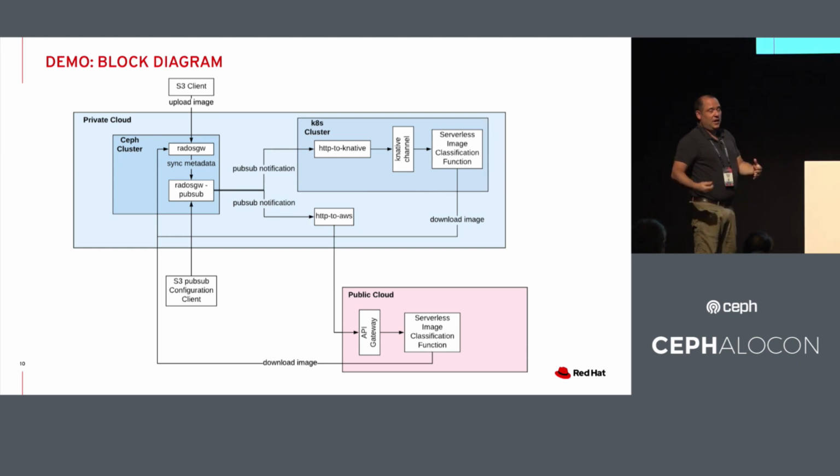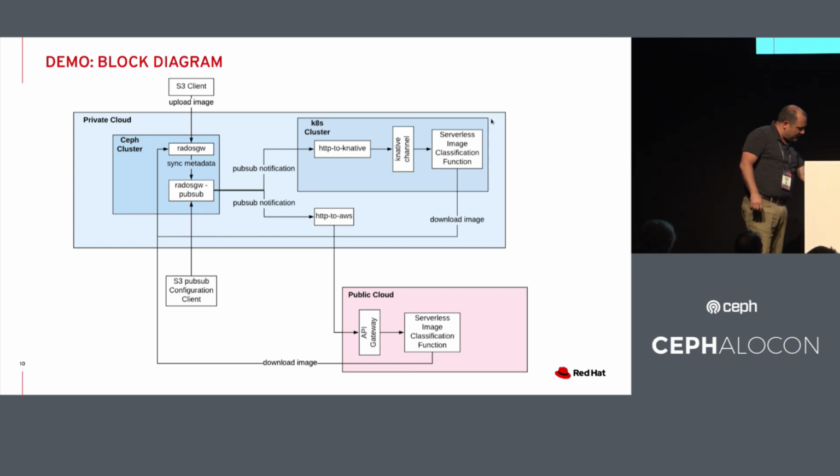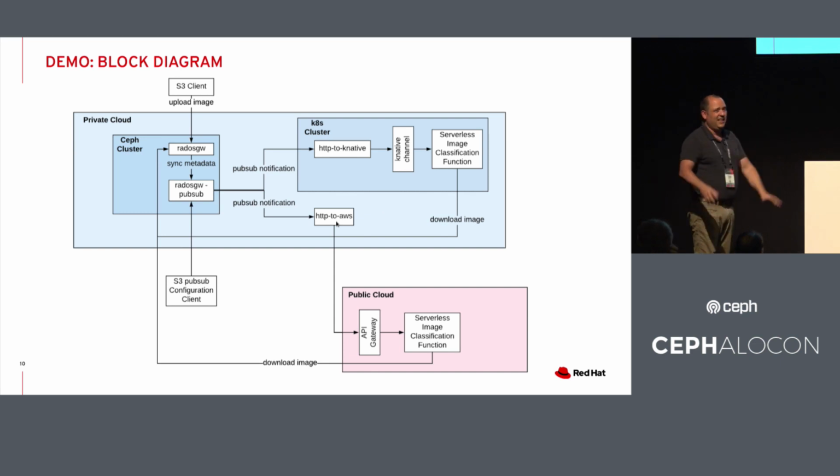Then, if somebody uploads a dog into the dog bucket, then we're going to know it's a different bucket. We're going to have a different subscription, different topic, and all that stuff. And this topic is going to have a different endpoint. And the endpoint that this topic is going to have is this small connector called HTTP to AWS. As I said before,